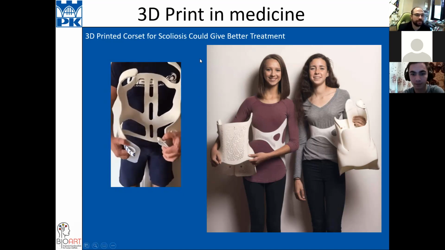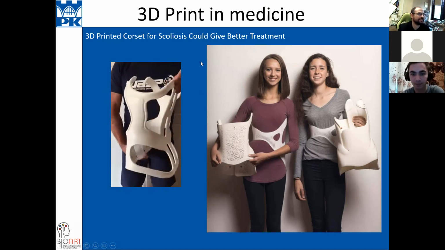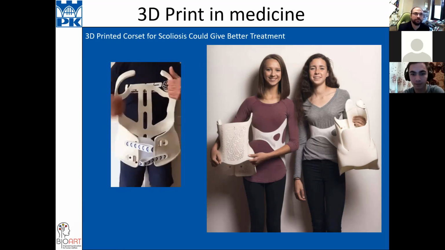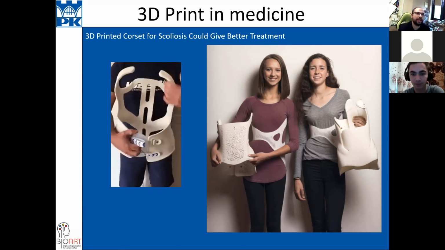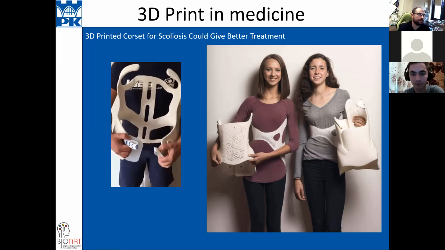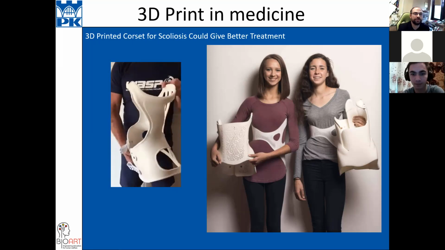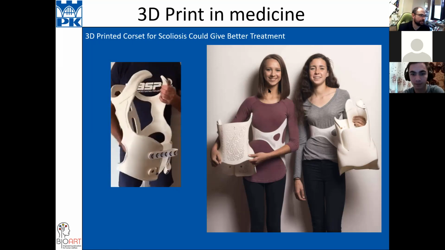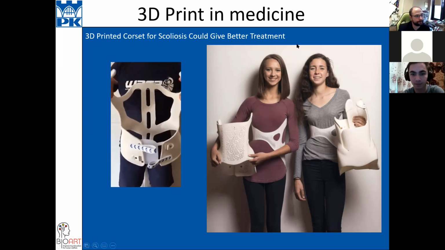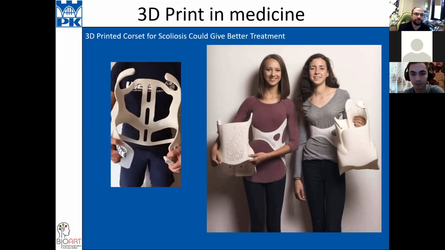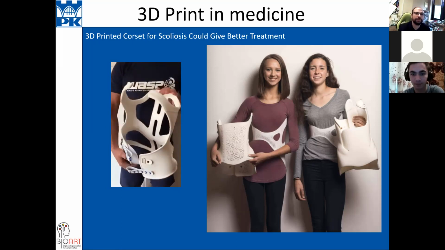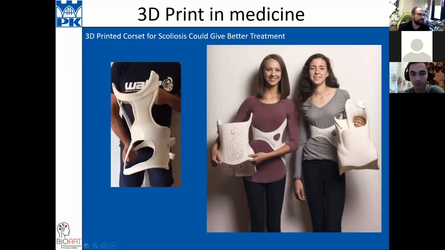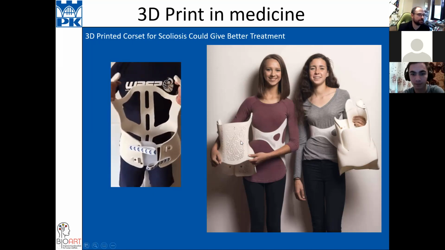I think it's very nice that they can make a very unique element, maybe not medicine, but a very unique element to increase health, to increase the comfort, because I know that this kind of construction normally is not very comfortable.